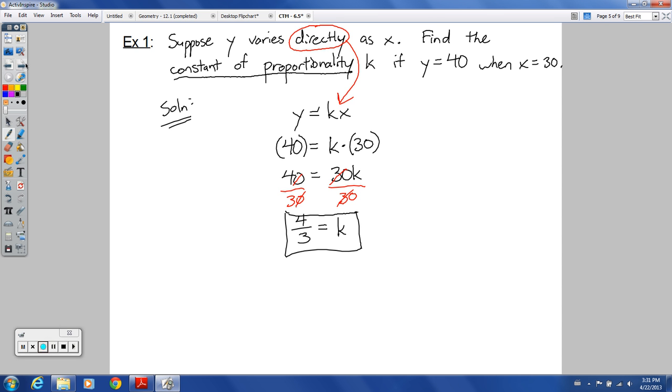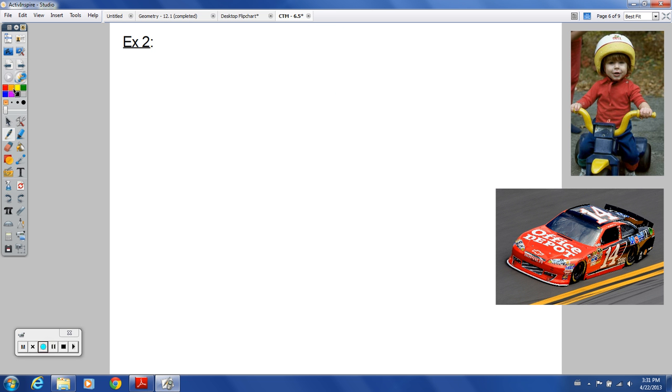Pretty straightforward there. Let's do one where it's a little more involved. So example 2, maybe this was you when you were little. You rode a tricycle and then you got older and you wanted to drive NASCAR. A little difference in speed right there. Hey buddy, go across the driveway. Hey buddy, go 2 miles in 10 seconds or something like that. I think that's a little fast, but